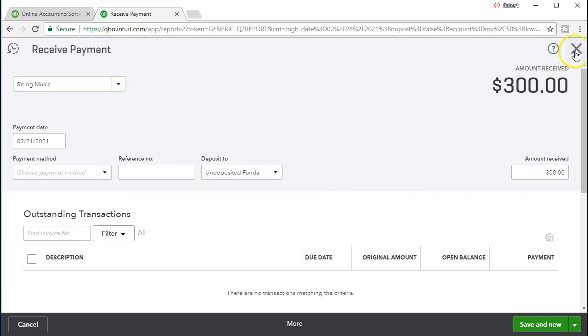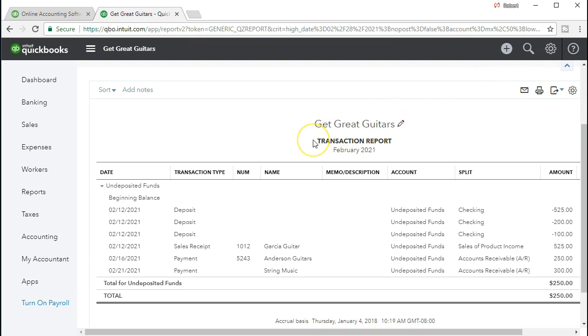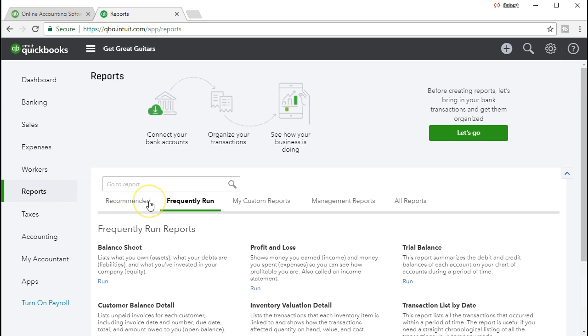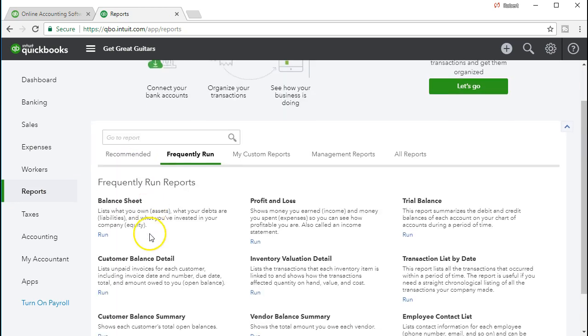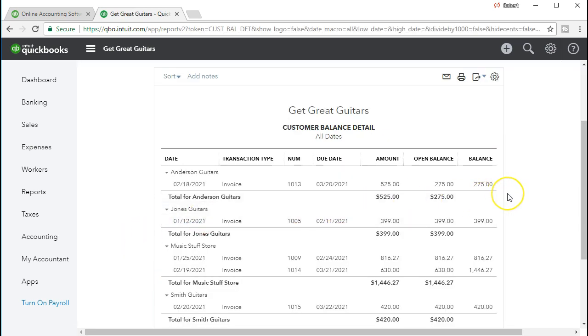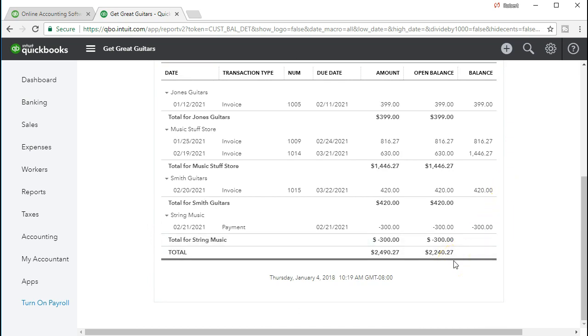So now we're going to check out the customer payment. So we're going to go to the customer detail, I should say. Go back to the reports and really see what we're doing with this receivable, this negative receivable that's happening here. So if we go to the customer balance detail, we're going to see all of the accounts receivable. It should add up to the accounts receivable balance that we had on the balance sheet, but it's going to break out the information by customer in this case. And we can see this all looks normal. Jones owes us $399. We have the music store stuff, the detail for the 2 invoices owed to us here. We have Tom's guitar or Smith guitars owing us here,